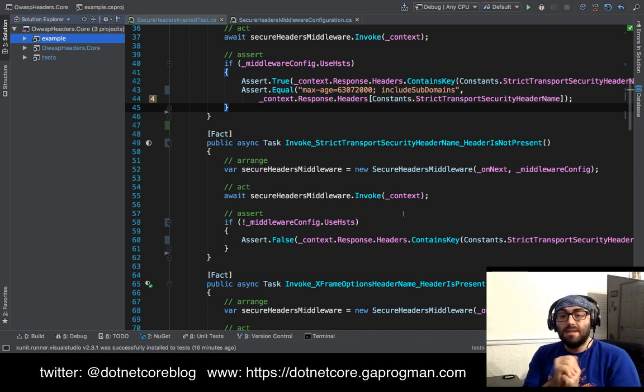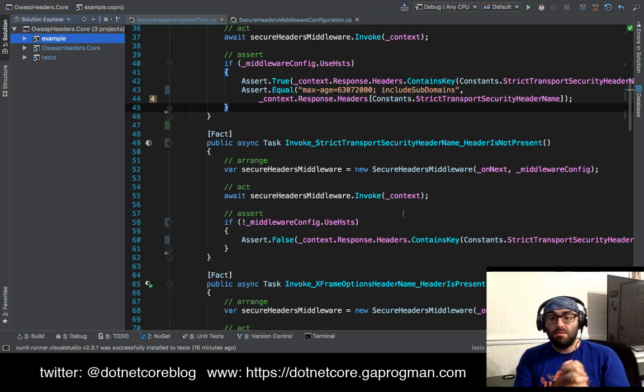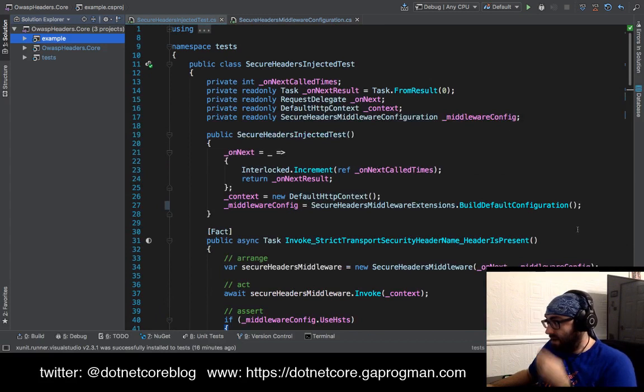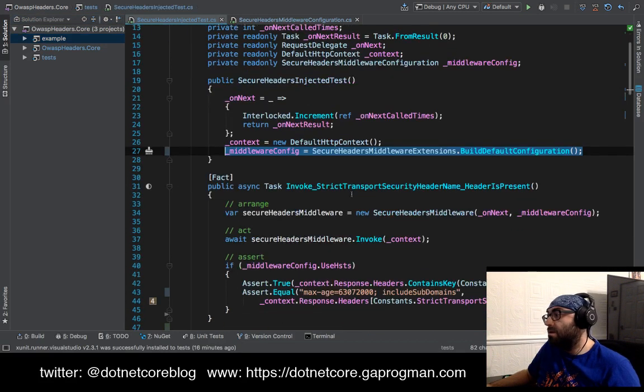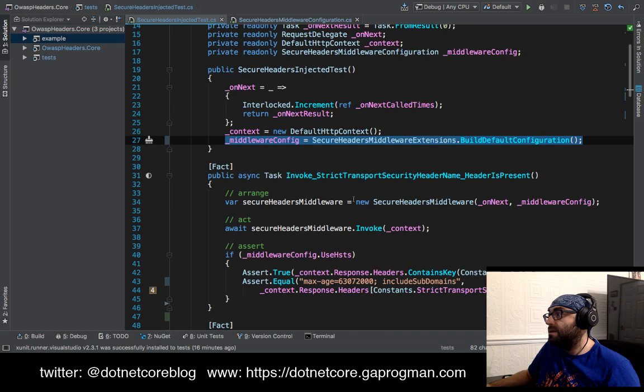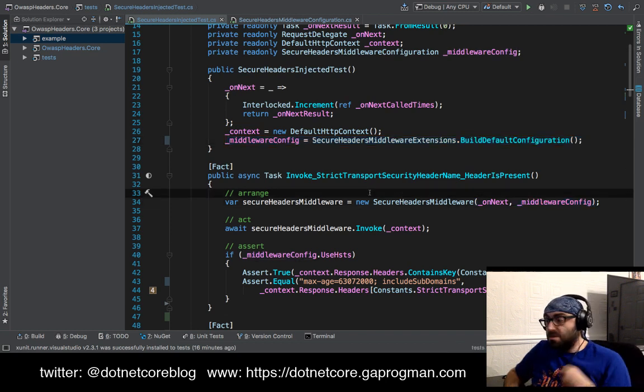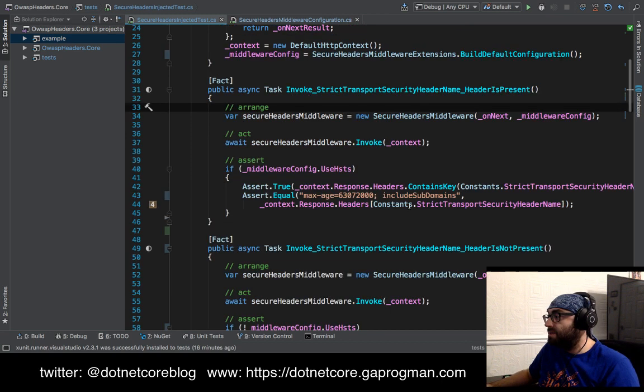Ooh, that is a better idea. Yes, the Walrus makes a really good point. Create a new config for each test. So instead of creating a single config here, do it there, so it would have the specific values that we want. So this is the header is present, header is not present. So this would be